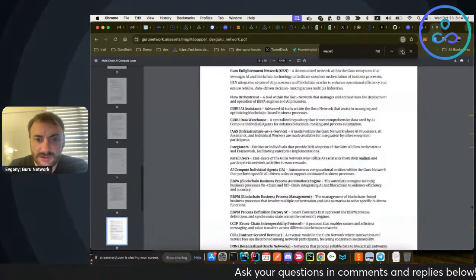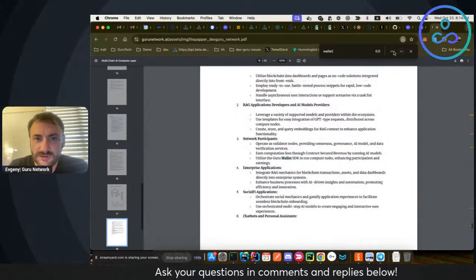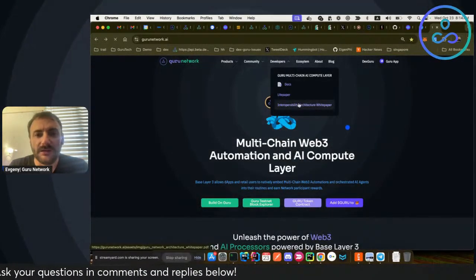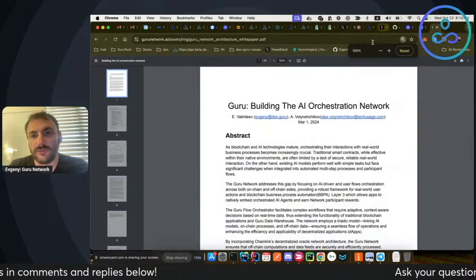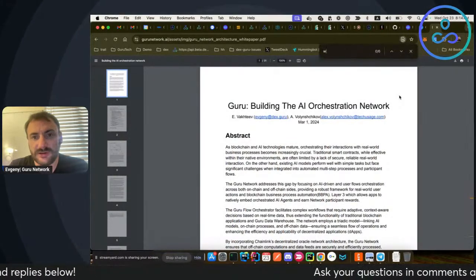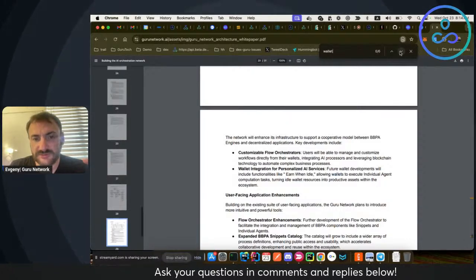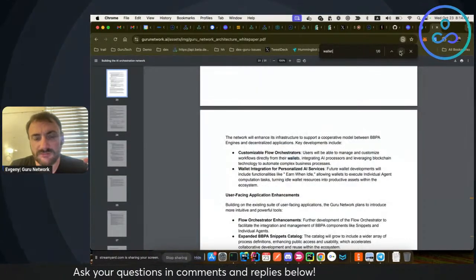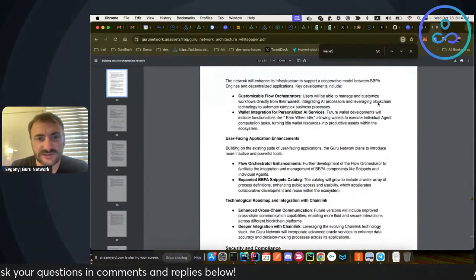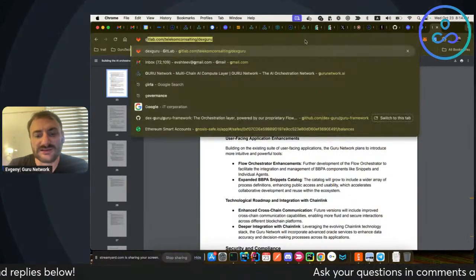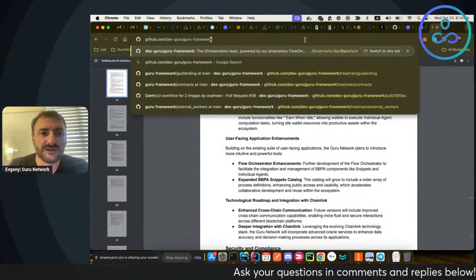Smart wallet, it's probably in the bigger white paper. We have the smart wallet concept in here, where people are controlling the AI processors from something like a smart wallet, and basically paying for them and educating this knowledge base.